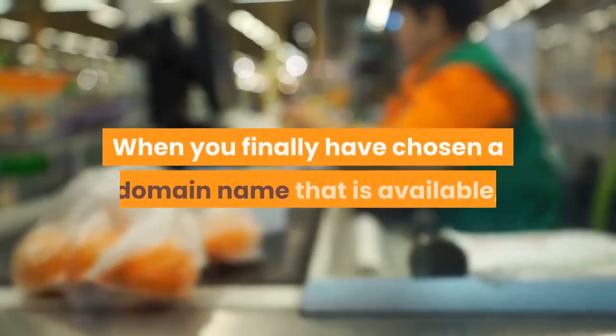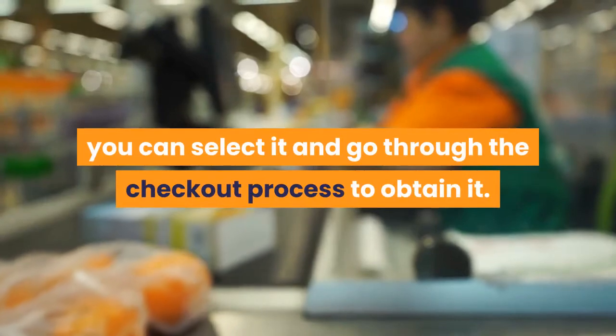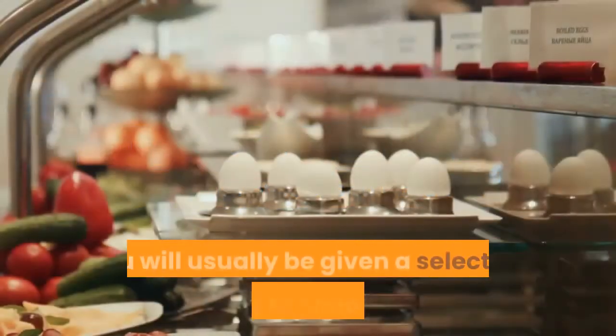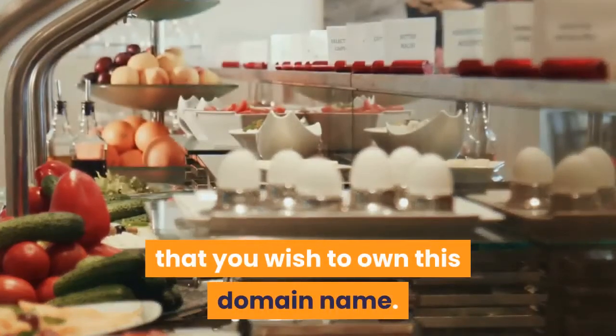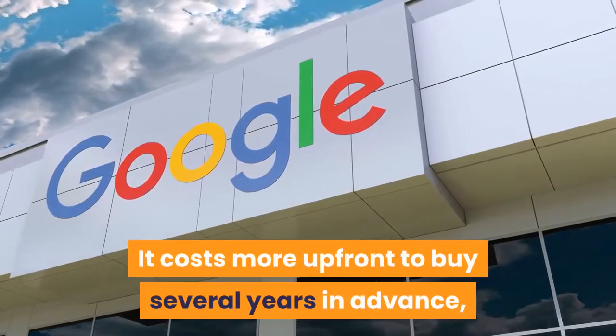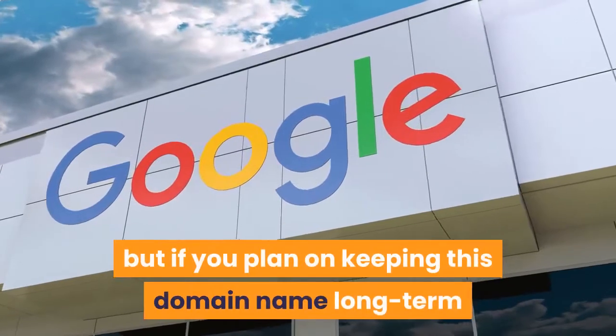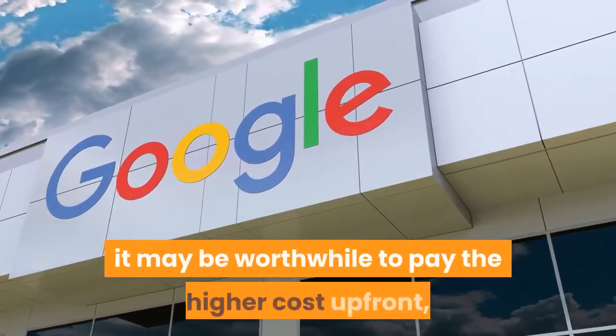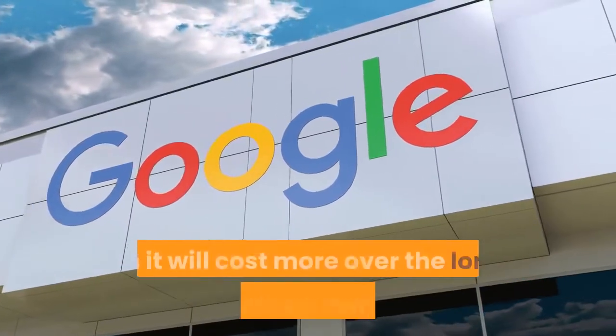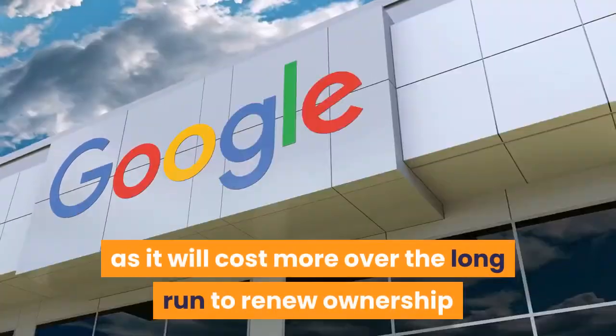When you finally have chosen a domain name that is available, you can select it and go through the checkout process to obtain it. You will usually be given a selection of years to choose from that you wish to own this domain name. It costs more upfront to buy several years in advance, but if you plan on keeping this domain name long-term and building a brand and company around it, it may be worthwhile to pay the higher cost upfront, as it will cost more over the long run to renew ownership of the domain name